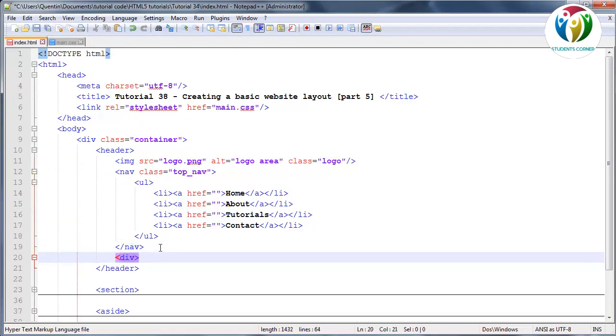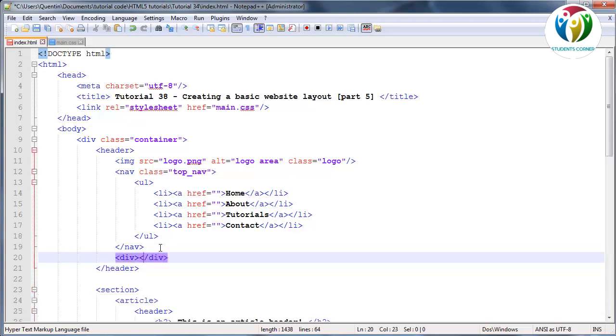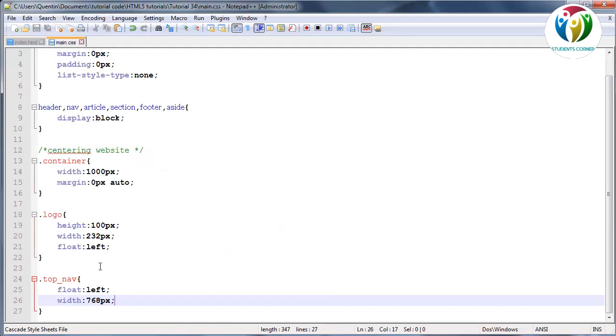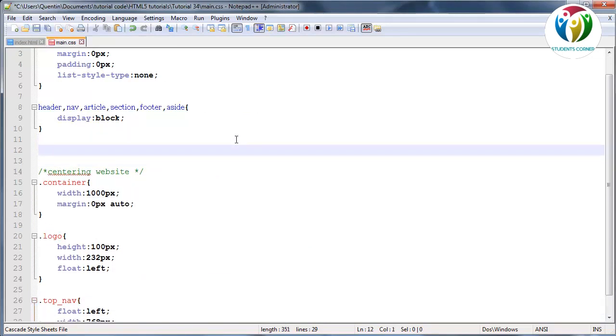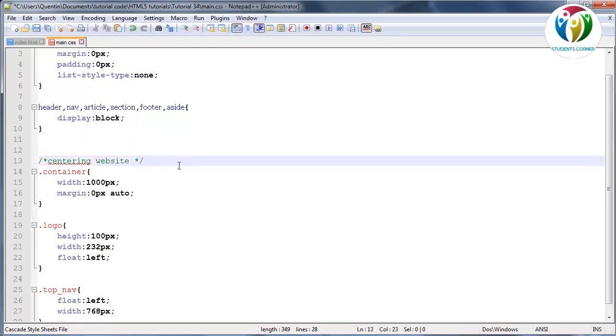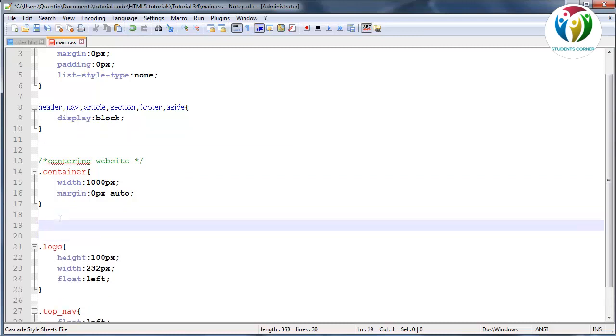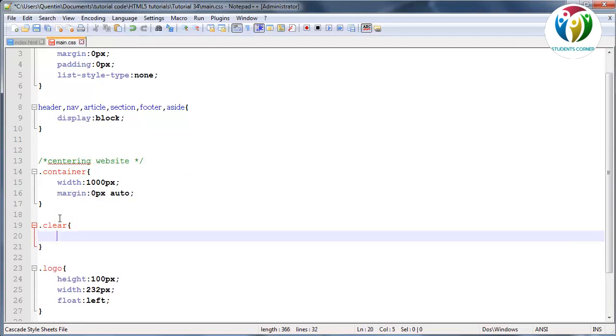So I'm just going to give this a div, and I'm going to end that div off, and it's going to be an empty div, but I'm going to give this div a class of clear. Now go back to CSS, and I'm not actually sure where to put it, but I'm going to put it up here maybe with the rest of the default stuff. So actually no, let's put it just right there. Okay, so select that class of clear, and we will just give this an attribute of clear: both,